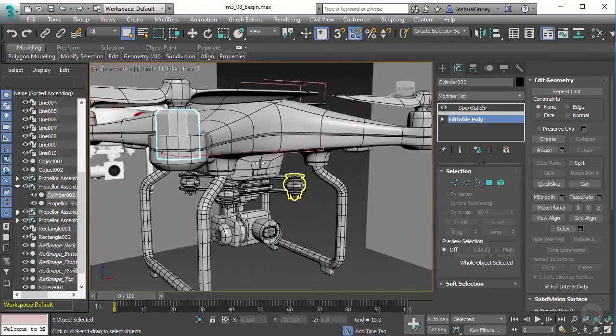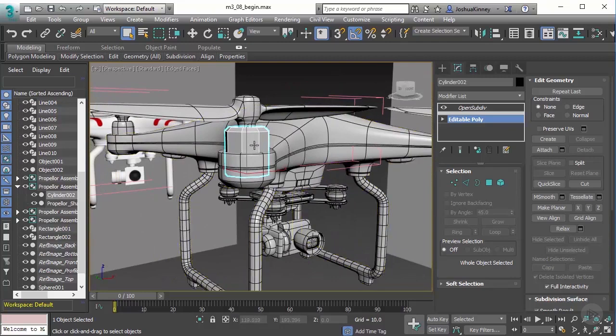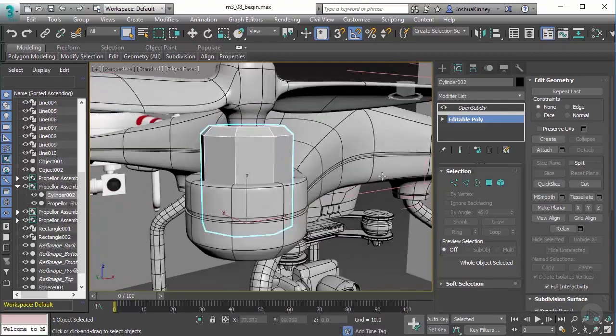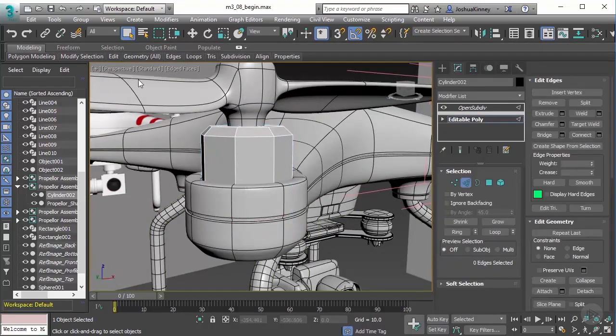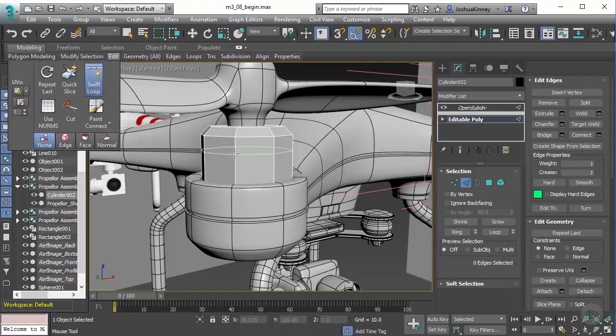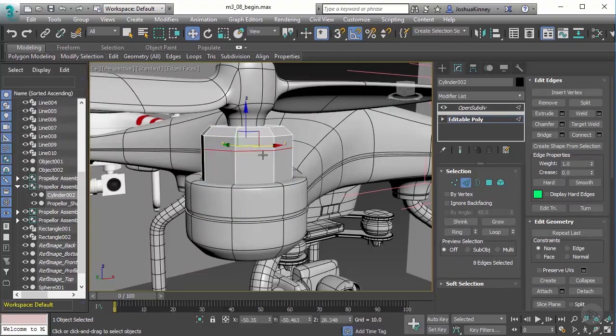Now I could go ahead and crease it and then add an edit poly modifier above the crease set and then add another one, but I would much rather just use the edit poly that we have right now. So let's go ahead and use edit swift loop, and we'll just add this new loop here, and I'm going to take that new loop and chamfer that, and let's do a chamfer of, let's say, maybe 0.5 or so,